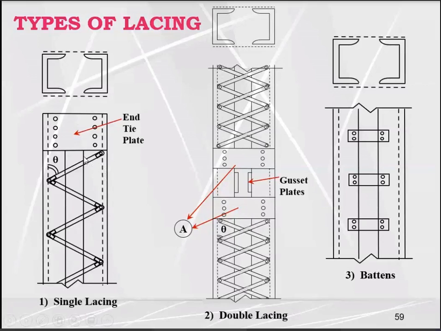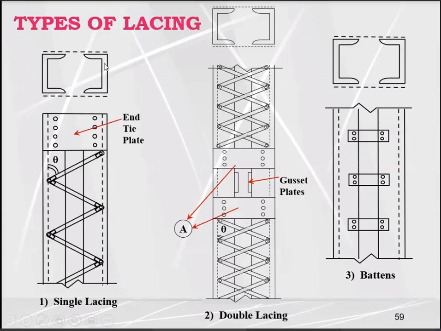But in case of double angle with lacing, we only consider the length or the portion of the flange only. We only check the slenderness ratio of the flange which is connected with the fastener, which is the length of the flanges within two fasteners on the same member. So we do not consider the cross section area of the single section within A value. A is the unbraced length of a single section. We just check the slenderness ratio of the flange only.